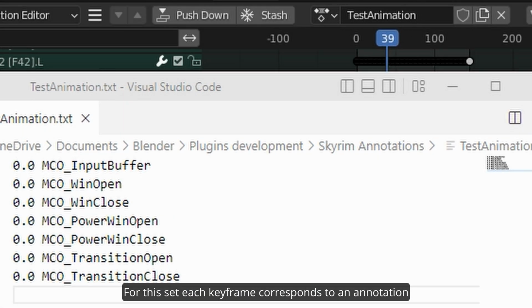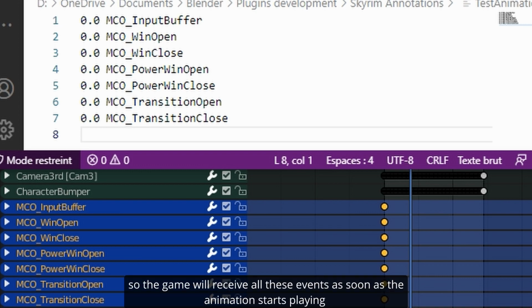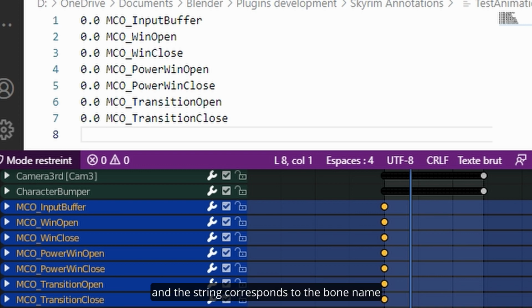For this set, each keyframe corresponds to an annotation. The time of the annotation is 0 seconds for all of them, because we set all the keyframes to frame 0, so the game will receive all these events as soon as the animation starts playing,